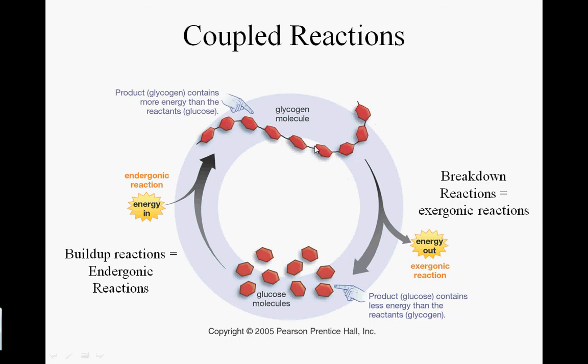So energy is stored in these bonds. When you break those bonds apart and just have your regular glucose molecules, you've released energy, and that's called an exergonic reaction. In the process of a coupled reaction, the energy we release from the exergonic breaking down of glycogen, we can use to attach the glucoses together again and form glycogen again. And of course, that is an endergonic reaction, and together it's a coupled reaction.